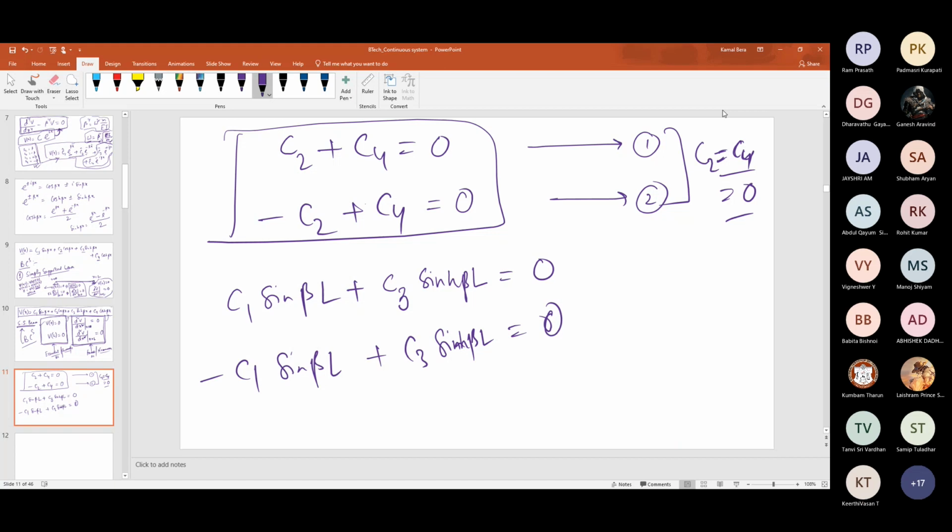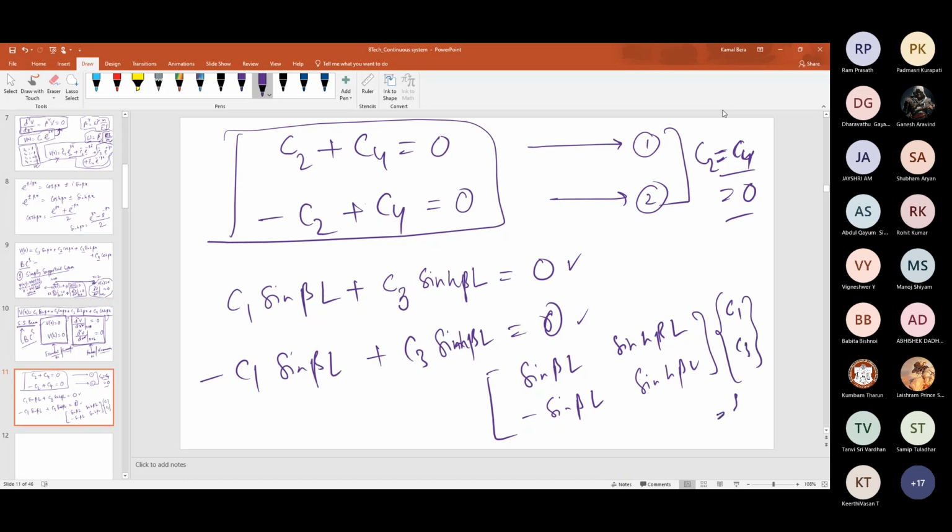And applying the remaining two boundary conditions, I'll get this. Okay? So for a non-trivial solution, this can be written in the matrix form, with sine beta L and sinh beta L. Or you can directly solve it actually. But it is the standard approach to write it in the matrix-vector form. So now already C2 and C4 are 0, so this cannot be 0, then the vector equals 0, right?